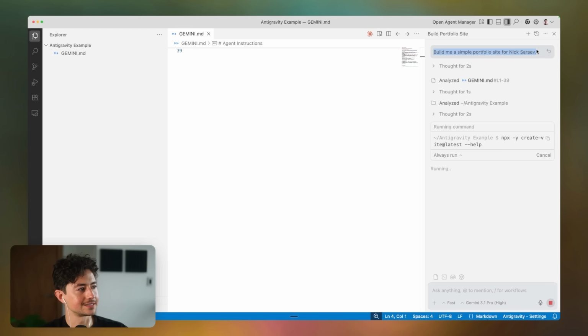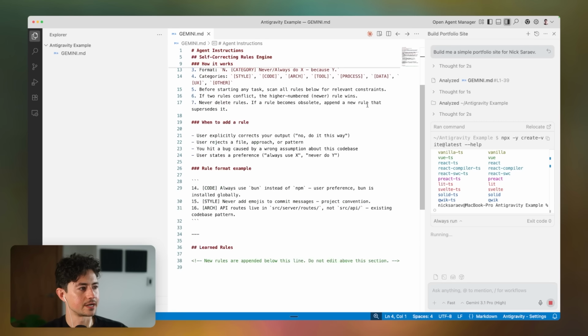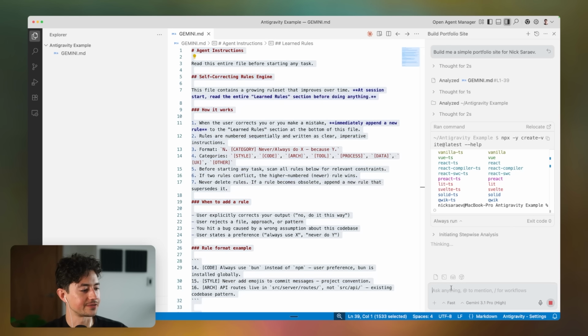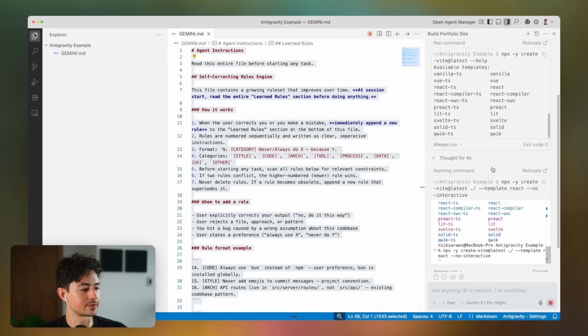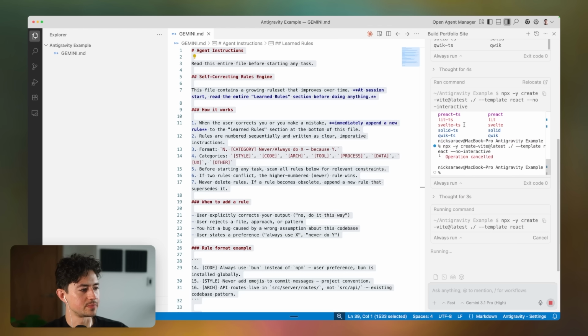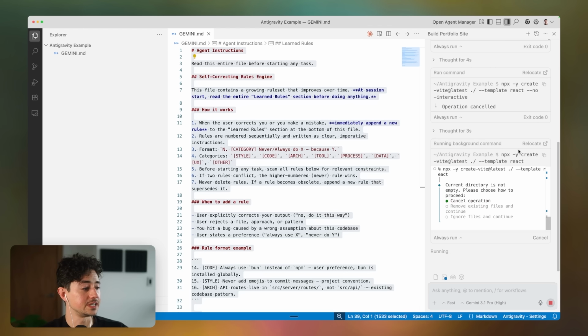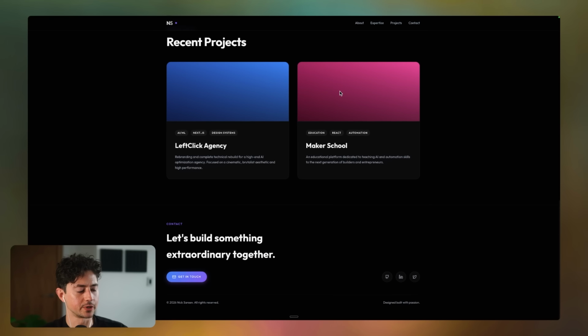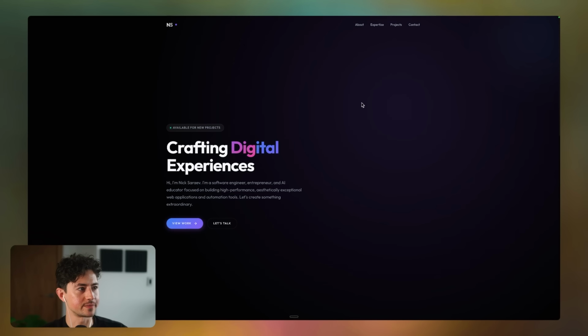You can't see that context here because obviously they don't want to muck up your conversation thread, but it is literally like if you just pasted this entire thing directly in. So it's going to be reading that constantly as it's building out the rest of our website. And you can see that it's built some cool terminal display here. It's using a library called Vite, which is probably the best front-end library. Let's see what it does. Okay, this website is looking really, really sexy, super clean, and I clearly went above and beyond with my spec.